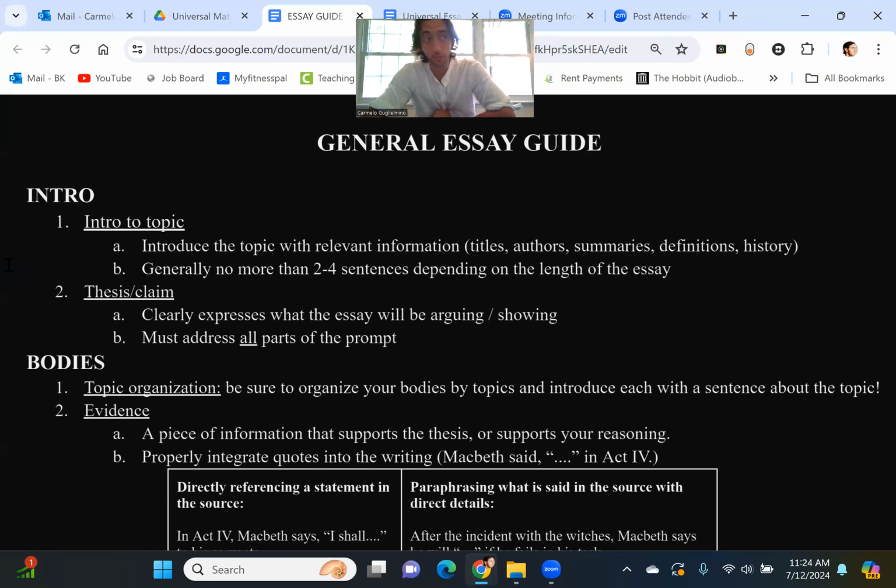If it's an issue, an author, or a historical event, same thing. You need to give us some essential information about whatever it is that you're going to tell us about. Now, I generally tell my students, and you have to remember that I am teaching 9th to 12th graders, that these rules and standards can change depending on the student, their skill level, and the grade they're in. So just take that with a grain of salt. Generally, I tell them to keep their discussion of the topic between 2 and 4 sentences long.